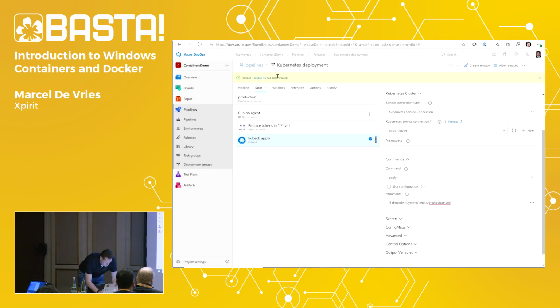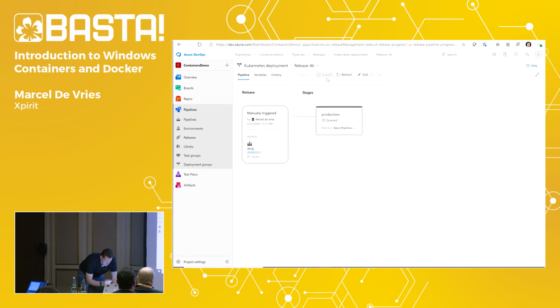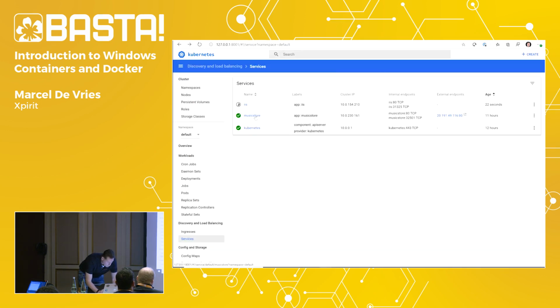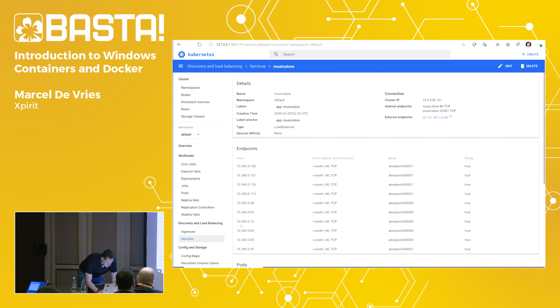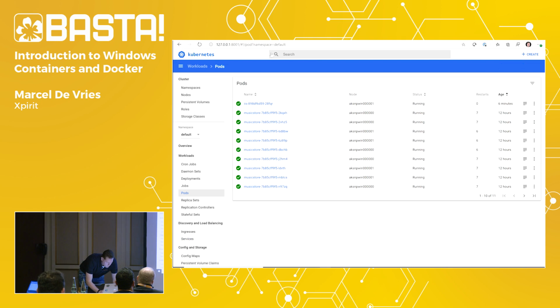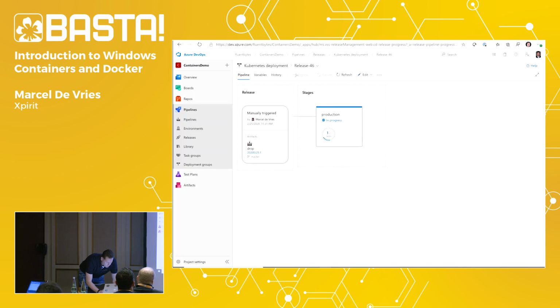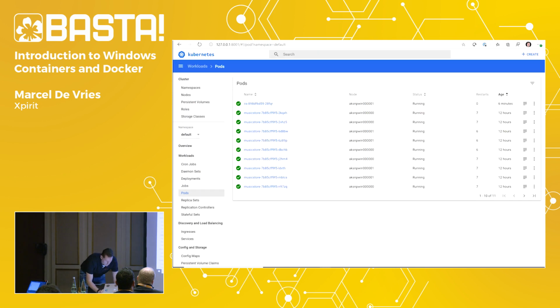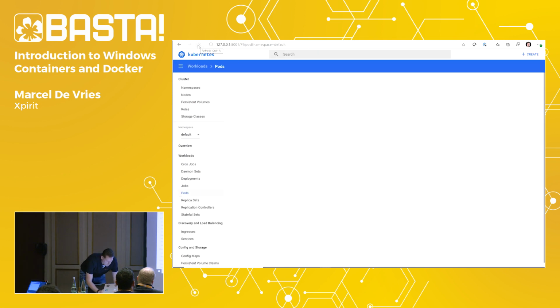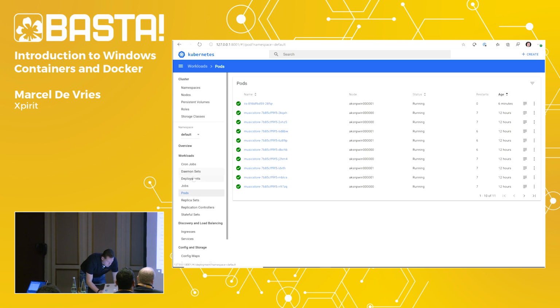Create. Release 46 has been created. It's now been queued. Here I can go to the music store. You can see, here the pods. And the moment this is done with its initial task, so it's now replacing the tokens. Once that is done, it will do the kube control apply. If all is well, I should then see over here deployments,